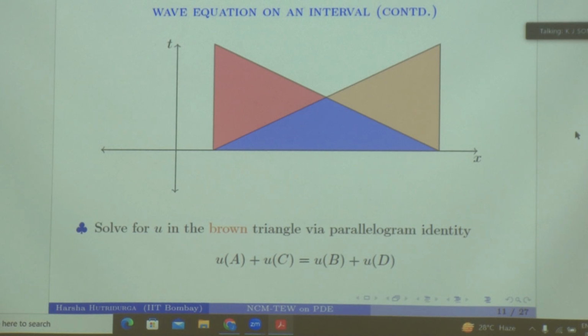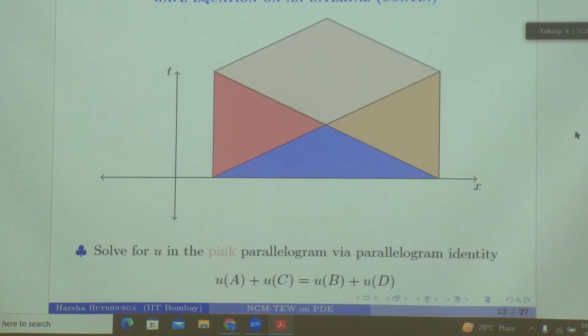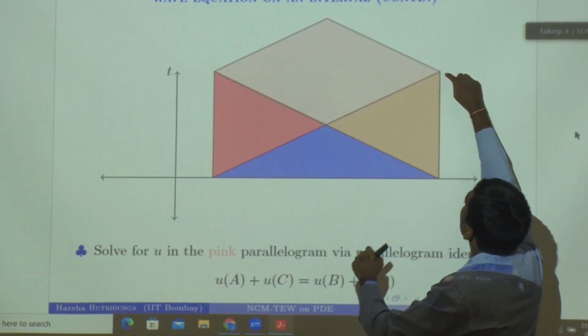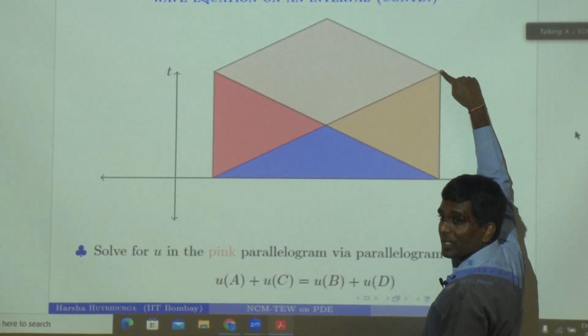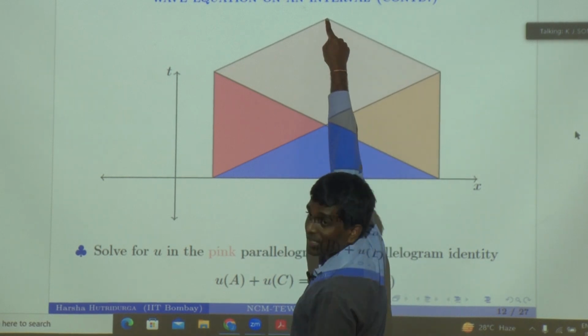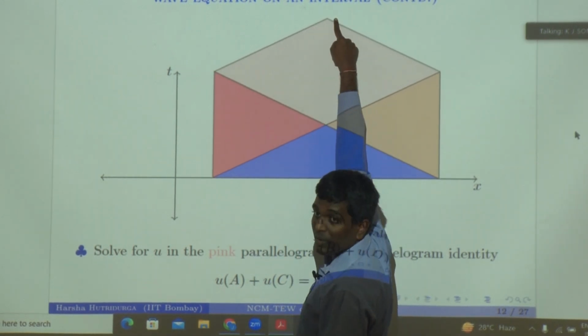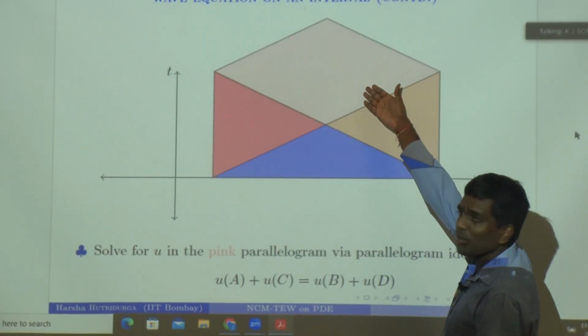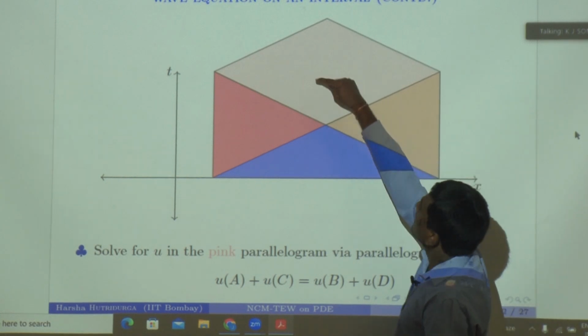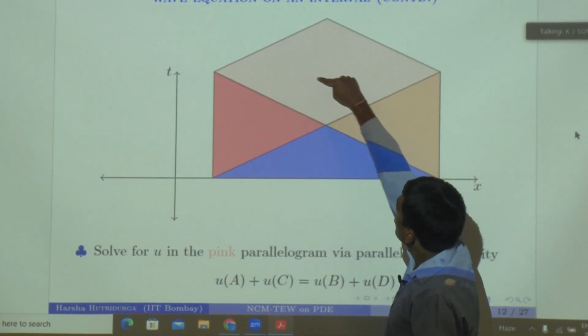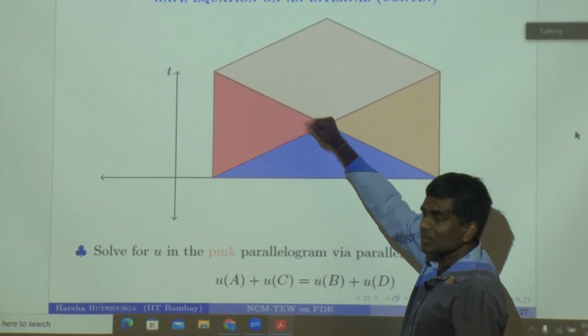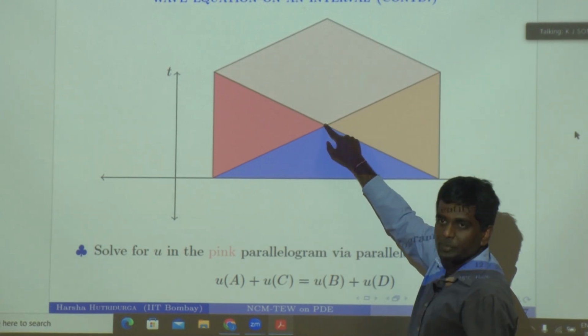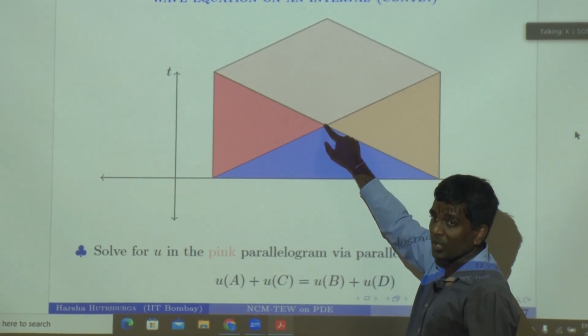Now, it looks like, okay, maybe this is where it stops, but you can actually continue doing this. So what we do is, okay, we start at this point, we draw the lines of slope -1, and from here we draw the line of slope 1. So we get this parallelogram again. Okay. So here, you pick any point, you make that parallelogram.